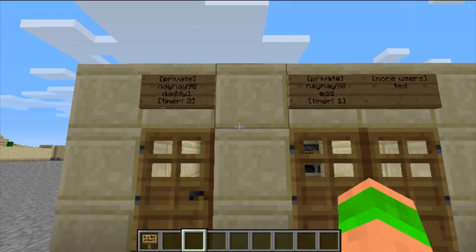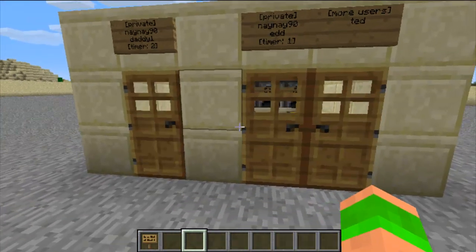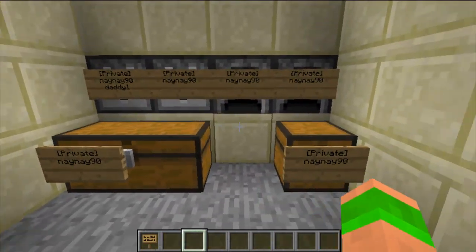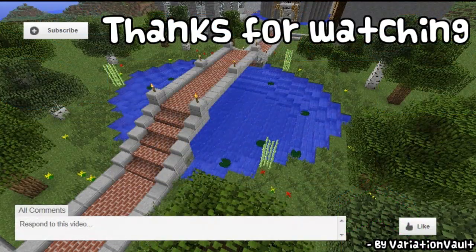The only downside to it is, yes, it does protect your chests and all your bits and your doors, but I mean, if you've got a house like this, the chances are someone can just break the side of your house anyway. For this reason I prefer to use the plugins World Guard and Simple Region Market to protect my